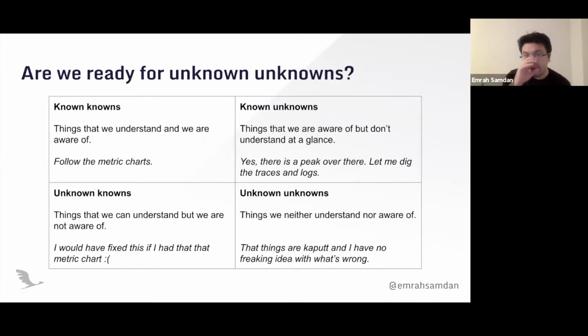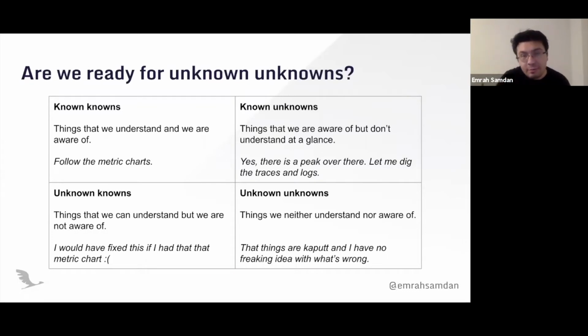in any software system. There are issues which can be regarded as known knowns: we know what it is and we know how to deal with it, like you see the spike in the chart and take care of it. There are things that we know what they are, but we don't know how to solve them. There are things that we don't know what they are, but if we knew, we could solve them. And there are things that we neither know, nor know how to deal with.